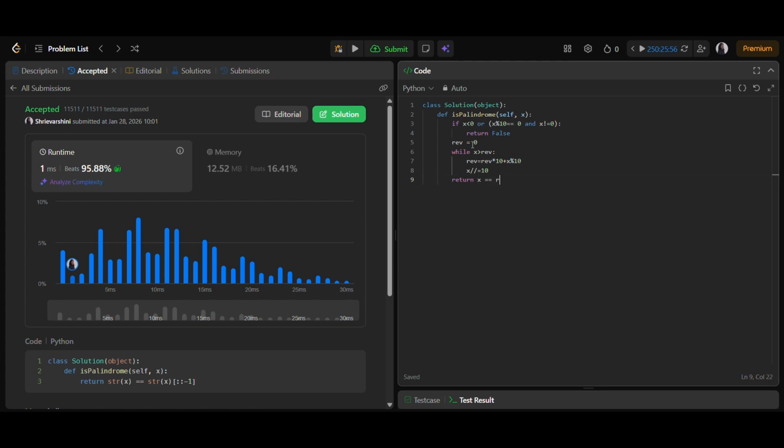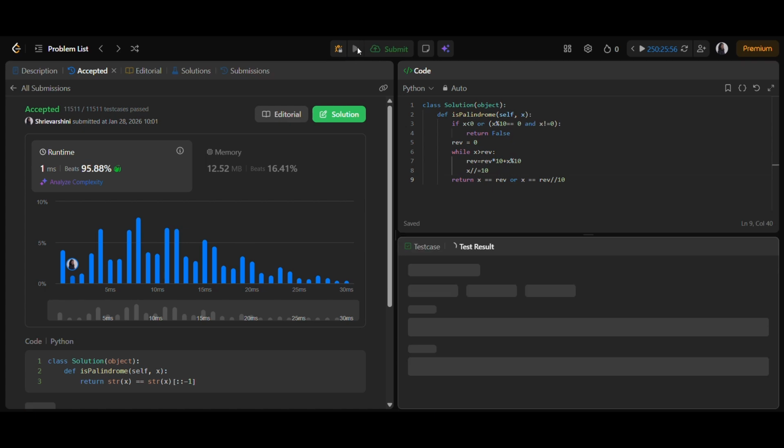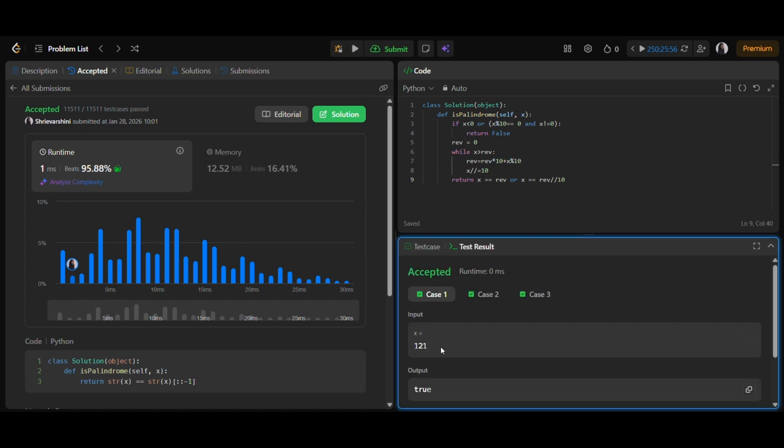And then we return true or false based on if x is equal to reverse or x is equal to reverse floor divided by 10, removing the middle number if it is odd. So you can see the test cases have passed, and when we submit,